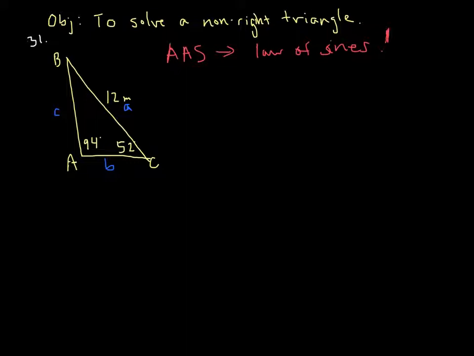If I set up my law of sines, I'm not going to put the A, B, and C, I'm just going to go ahead and plug stuff in. I'll say what I'm doing. Sine of A, and A in this case is 94 degrees, over side A, which is 12. So go ahead and look at your picture. Angle A, and then side A is what I have in there. Equal to sine of B. And B, I do not know,